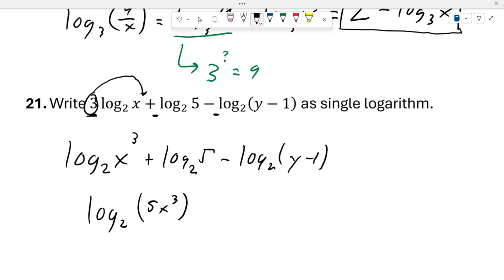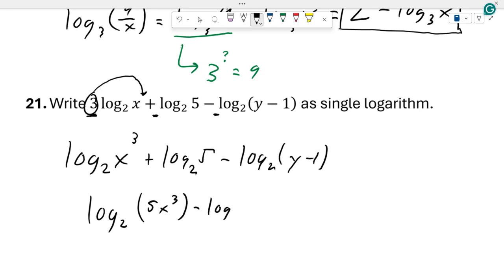I multiplied the x cubed times the 5, and then I moved 5 to the front because that's how it normally looks. And I'm able to do that because I have a sum: a log of something plus a log of something else, with the same base of 2. That means I can combine them into a product, because that's what the product rule says,